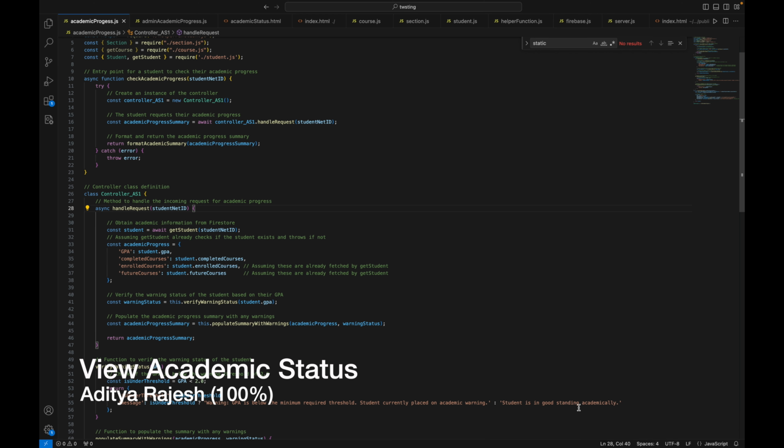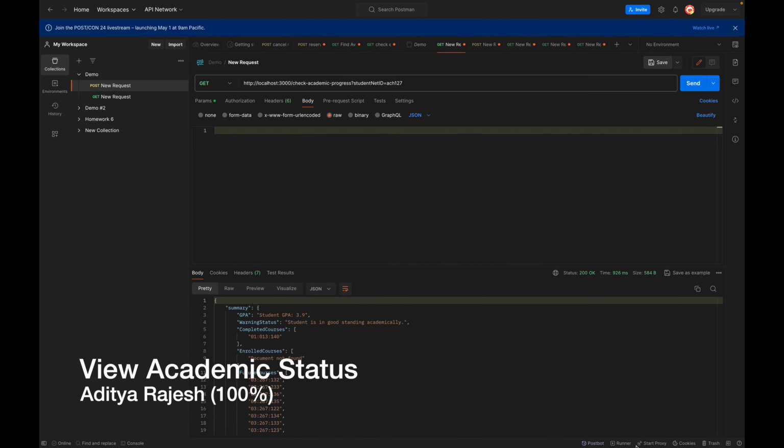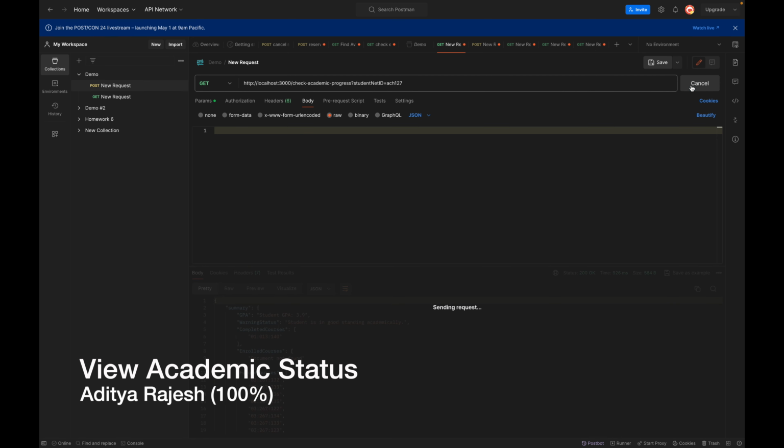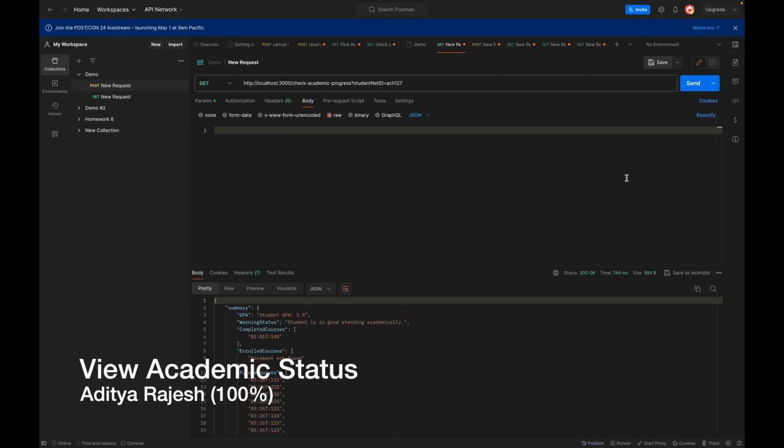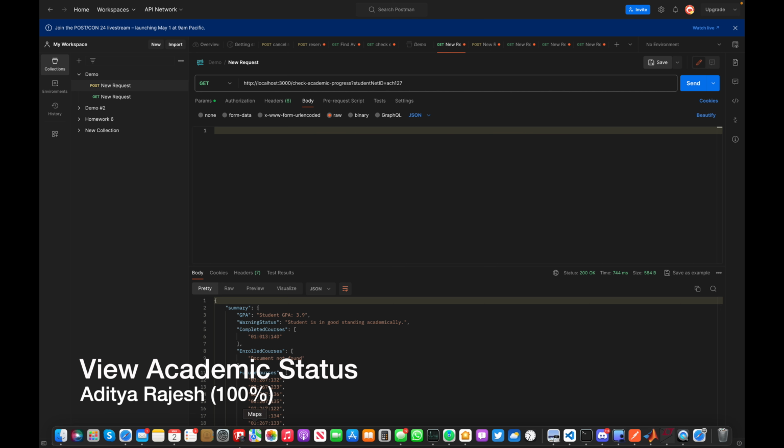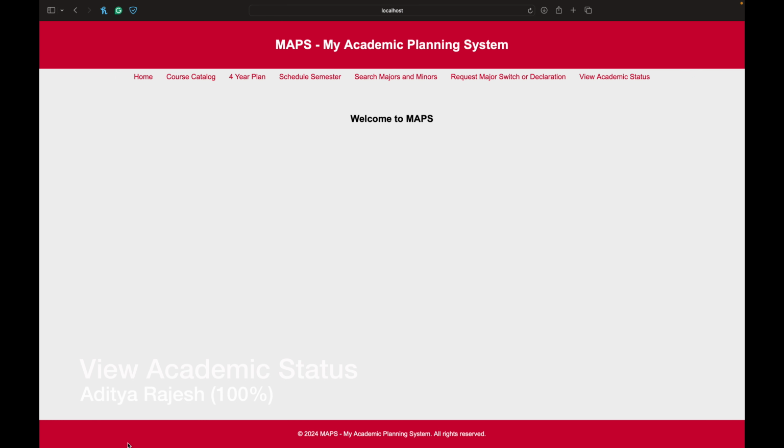So I've already walked you through the code here, in the first product demo. But something that I did want to touch upon is that in Postman, as we can see now, in the first demo, we used a post method to post the information of the student's net ID. But now, as you can see here, we're actually using a GET request, which is much more aligned with what we want to do with the View Academic Status section. But that being said, we don't need to look at the Postman stuff anymore because we now have a front